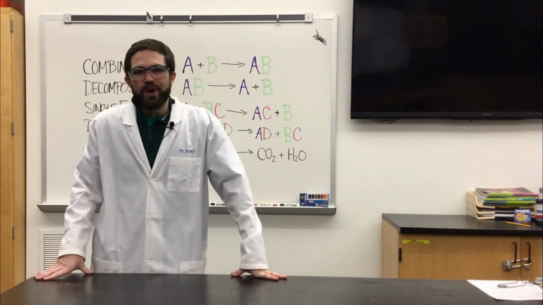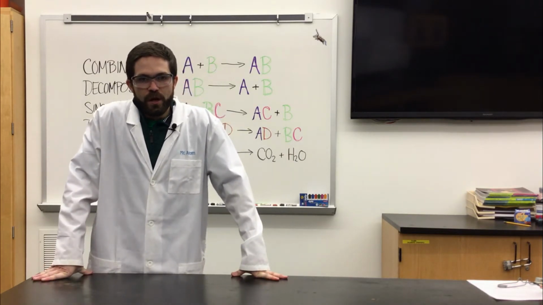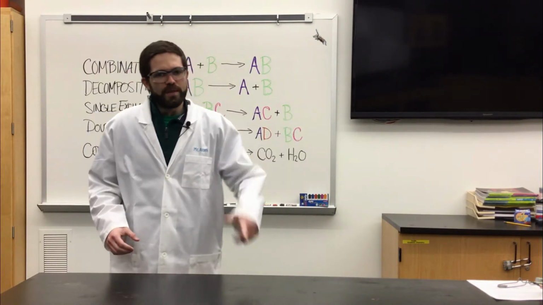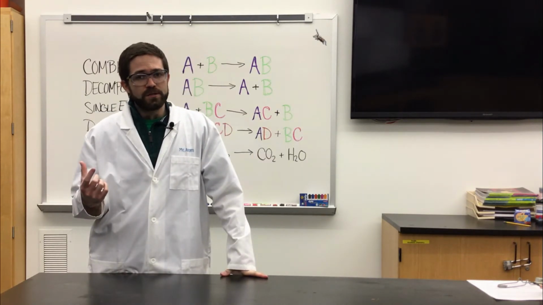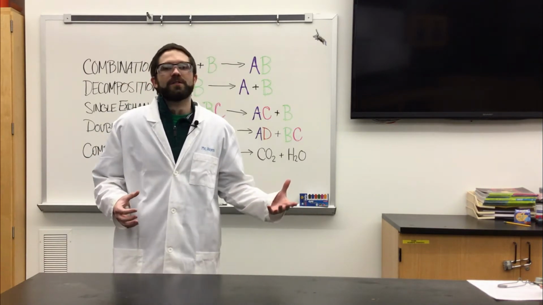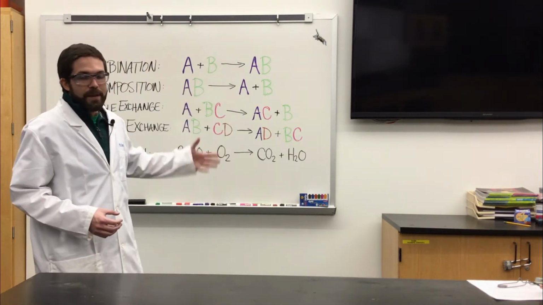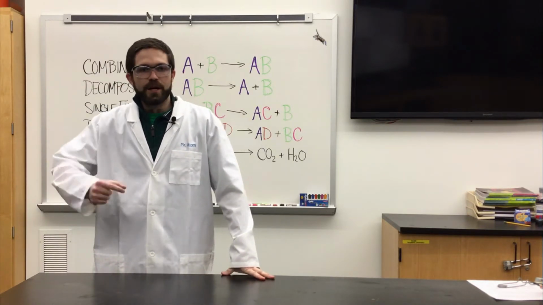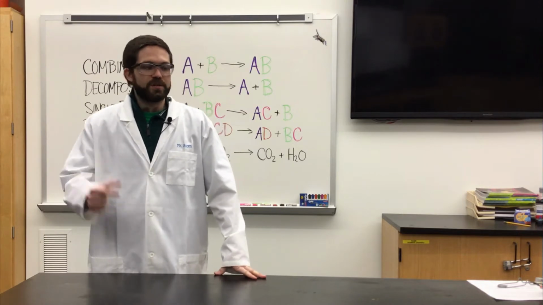So we know how to recognize a chemical equation, and we know a little bit about how chemical equations should look. But did you know that there are different types of chemical reactions? Just like there are different types of Pokemon. Yeah, I had to make a Pokemon reference. They're all different types of chemical reactions, and we're going to work on identifying them today and talking about what's special and unique about each of them.